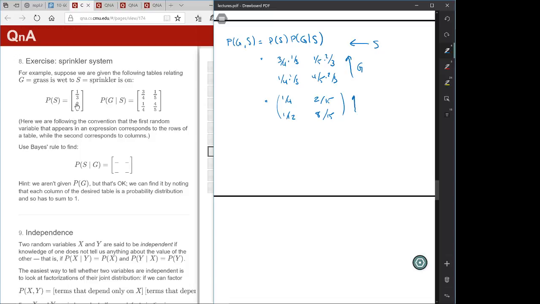So here I'll label again, G is vertical, and S is horizontal, to show that the ordering of S is increasing in that direction. And so to swap them, we just transpose the table, right? So that is the same table as 1/4, 2/15, 1/12, 8/15, but labeled with